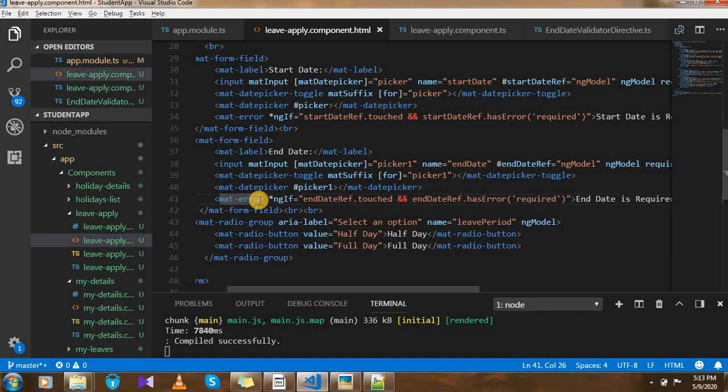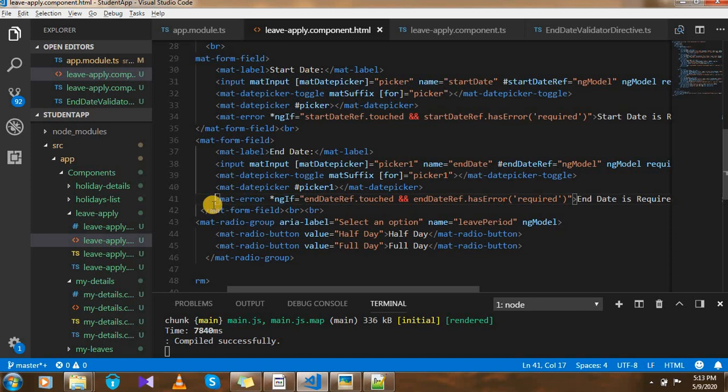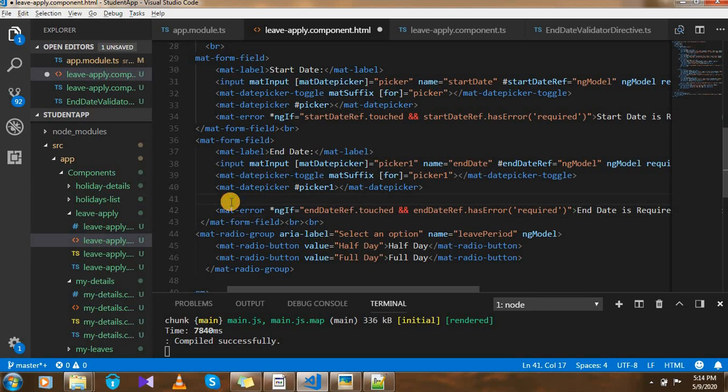For this kind of requirement, we can add one more mat-error tag, and you can write another condition, like comparing start date and end date values in an *ngIf condition. But the main thing we need to remember is that mat-error will not work for all conditions. It will work only for the inbuilt validator attributes. Means if you write the mat-error here to display this dates comparison error message, directly if you write any conditions like